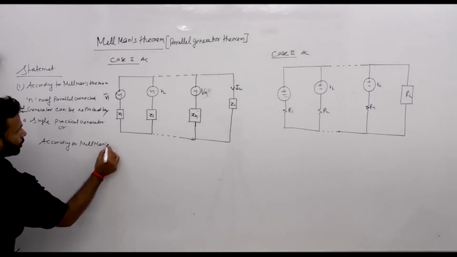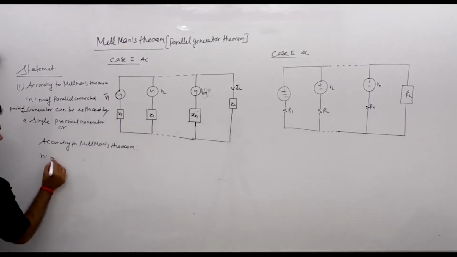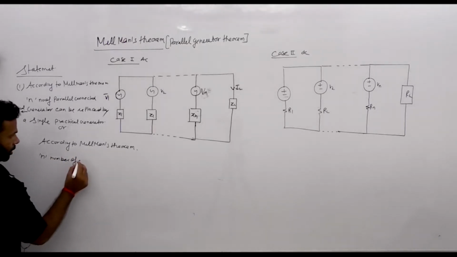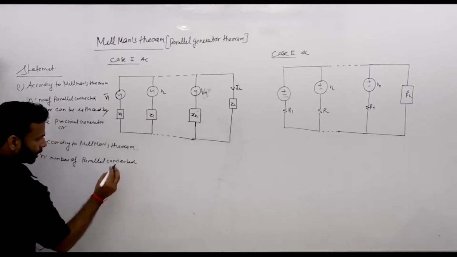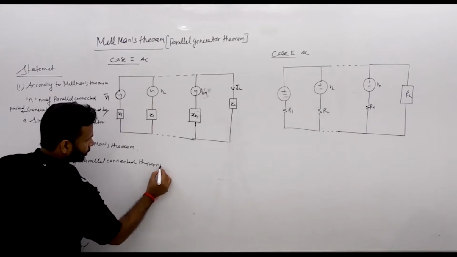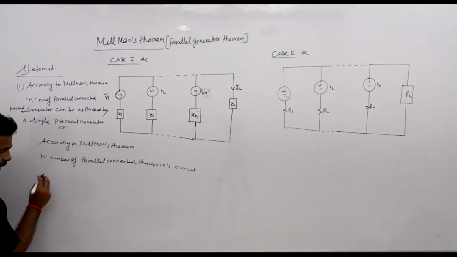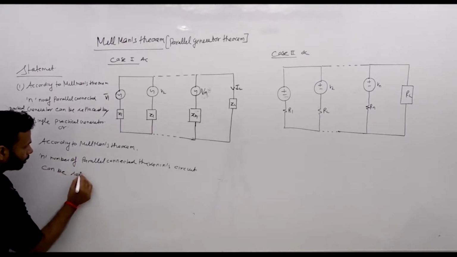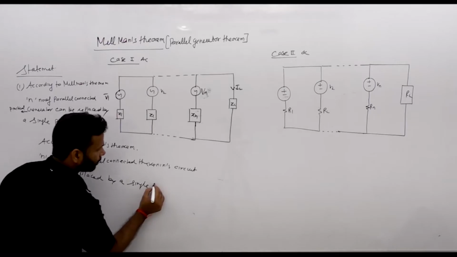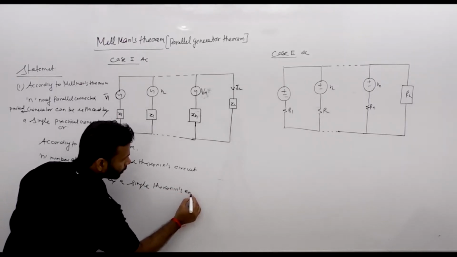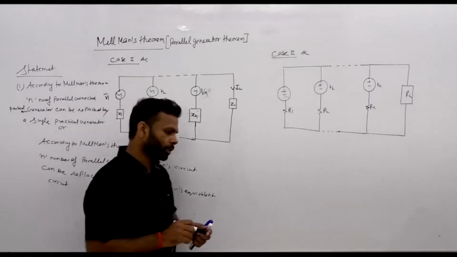अगर मैं दूसरे स्टेटमेंट की बात करूं, according to Millman's theorem, n number of parallel connected Thevenin's circuit can be replaced by a single Thevenin's इक्विवेलेंट सर्किट। ठीक है यहां तक ना।